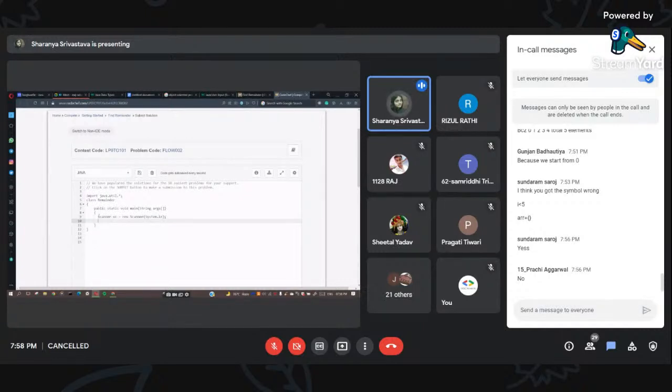Now we'll take input of two numbers. int a is equal to sc.nextInt(). Then int b is equal to sc.nextInt(). Now you need to just find the remainder. So I'll store the remainder as int r, or let's not even store it. Let's just directly print it. System.out.println